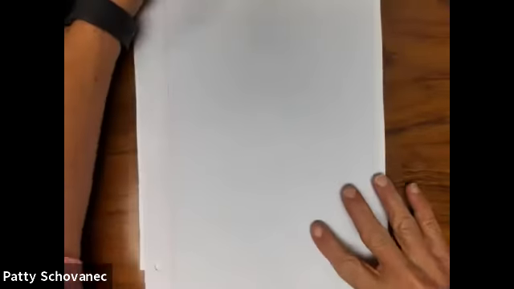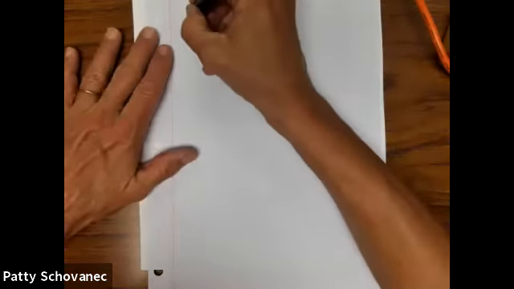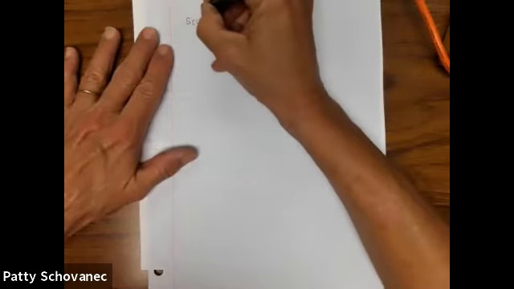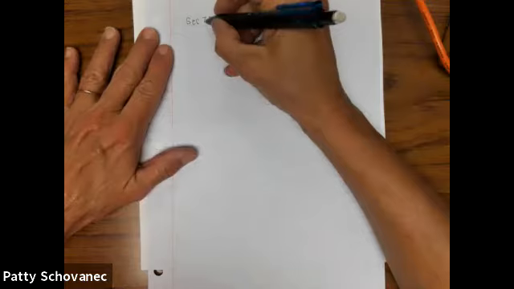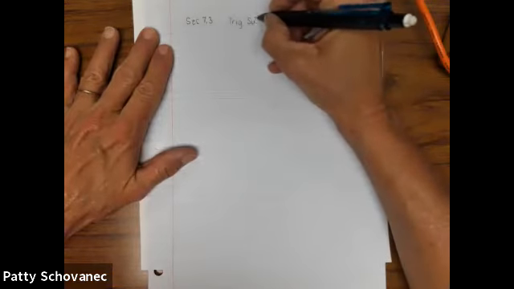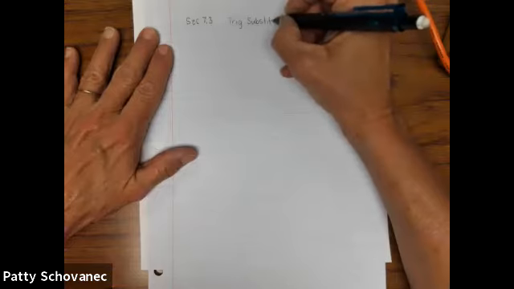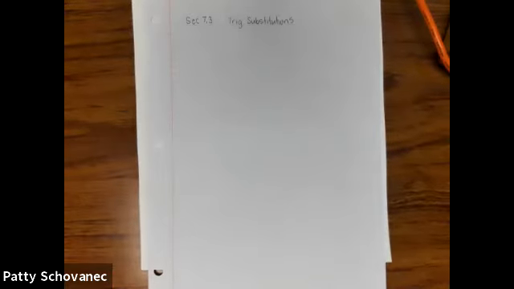worksheet today that we did in class. I just wasn't able to get everything to work in class to make this recording, so I'm going to do it right now. We're working on problems from section 7.3, and we're looking at trig substitutions, which we use as a method of getting rid of radical signs when we have an integral that's not your